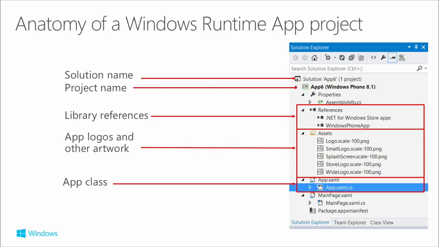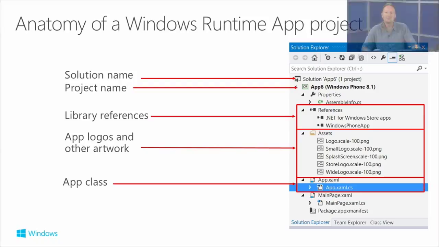Then we've got app.xaml and its code behind, app.xaml.cs, or code beside, whatever you like to call that. This is kind of a singleton. This is the Uber object, if you like, for an app. It's where all the initialization launch logic runs. It does the initial navigation to your first page. So the bootstrap logic for your app goes in here, and also you might put some XAML resources that are shared.